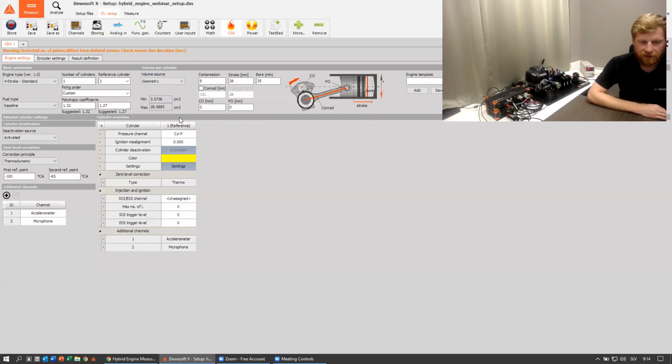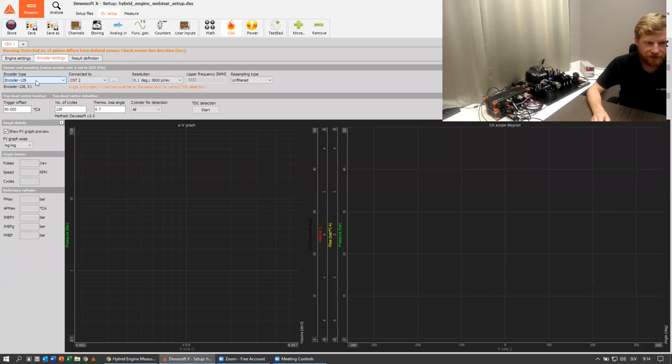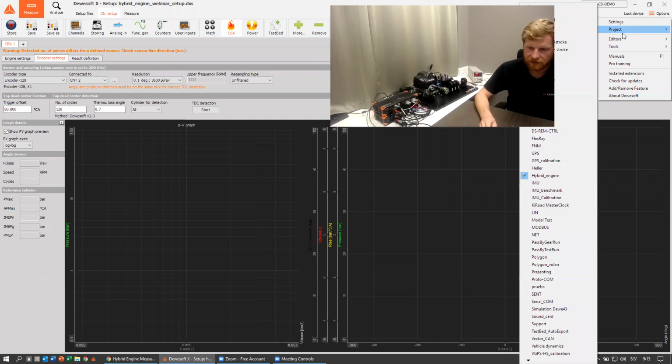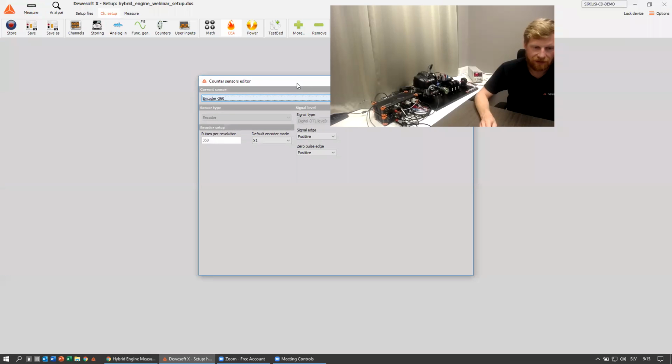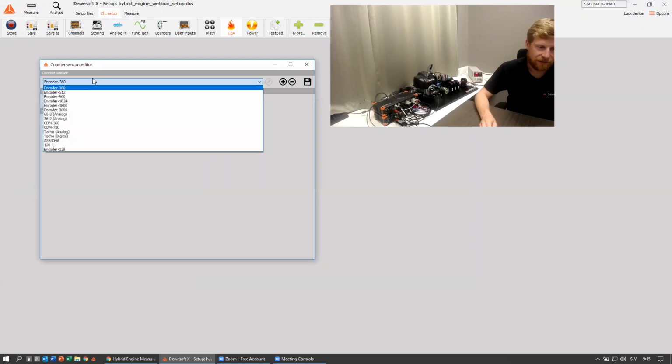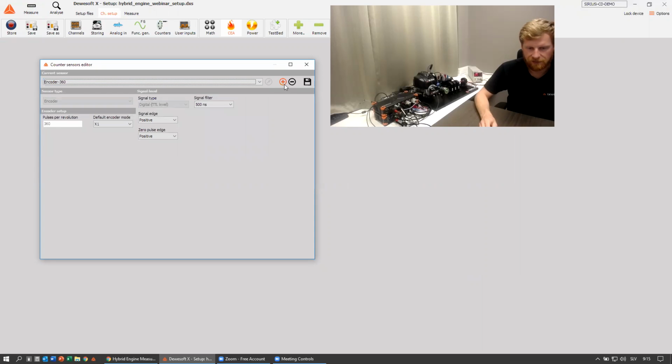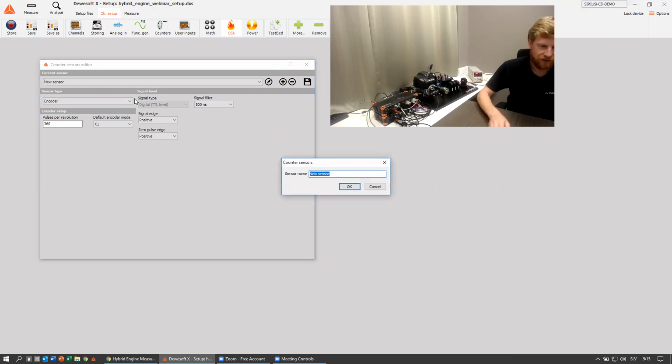And we have only one cylinder measurement. For the encoder settings, we didn't have the encoder 128 on the list, so we just created an additional sensor. This can easily be done if we go to options and editors. We have counter sensors, and we can create any type of new sensor. So for example, if we would have an